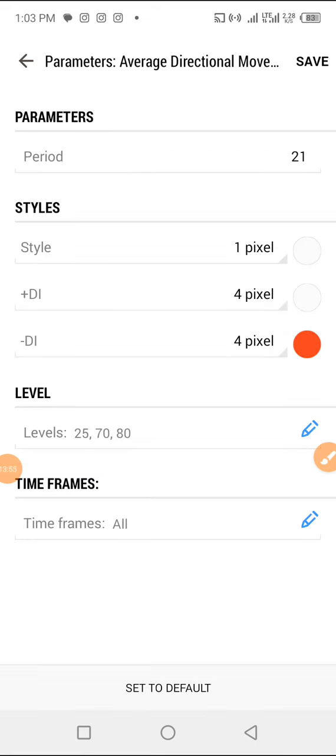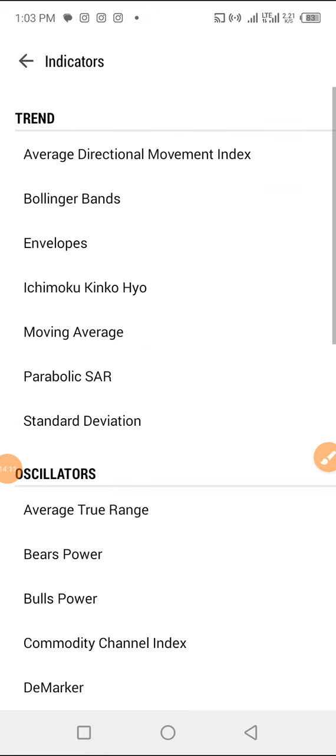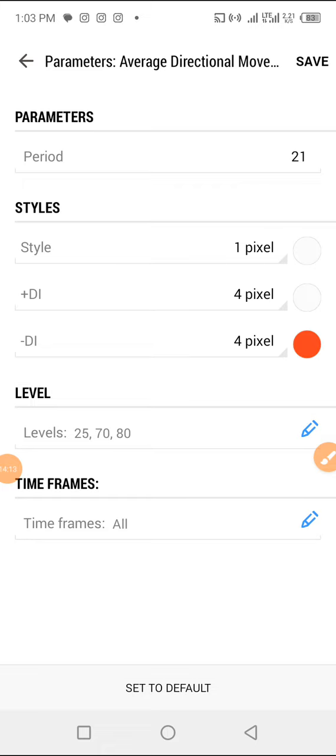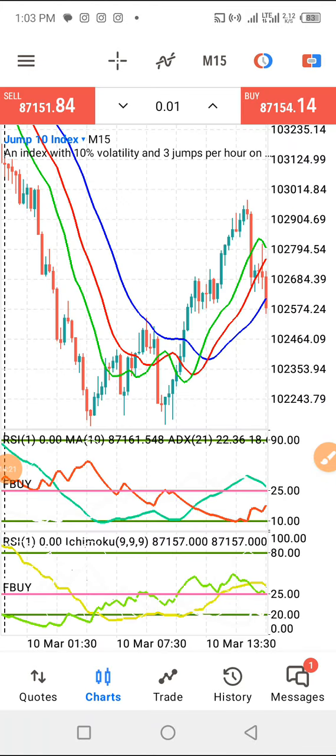Now, in the first indicator, I want to see red. That means if I want to take a sell, I'll be looking at the first indicator. As it is like this, these are the parameters. I'll add it and click save. In the second window, I'll add that same thing, but I'll change it this time around. I want to see the buy opportunity here, so I'm going to do away with the sell. Then I'll click save. Now I'll go back to my chart.